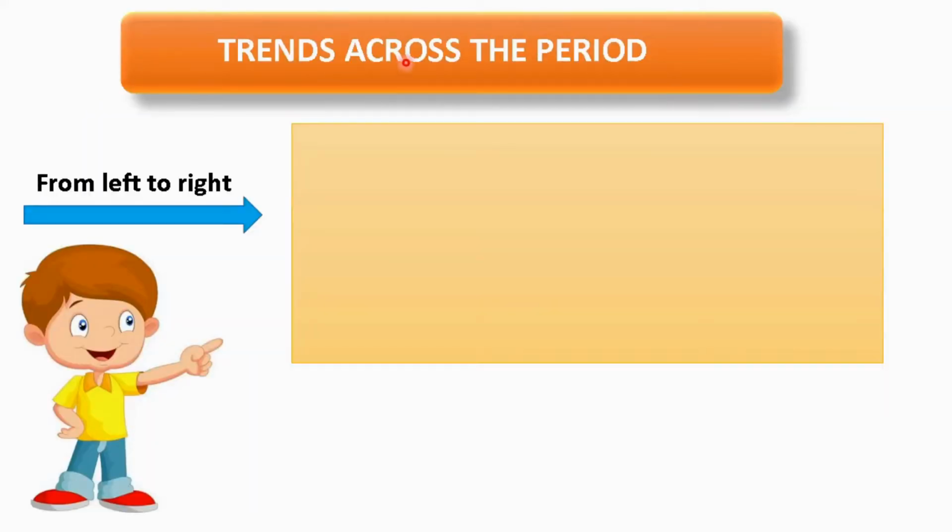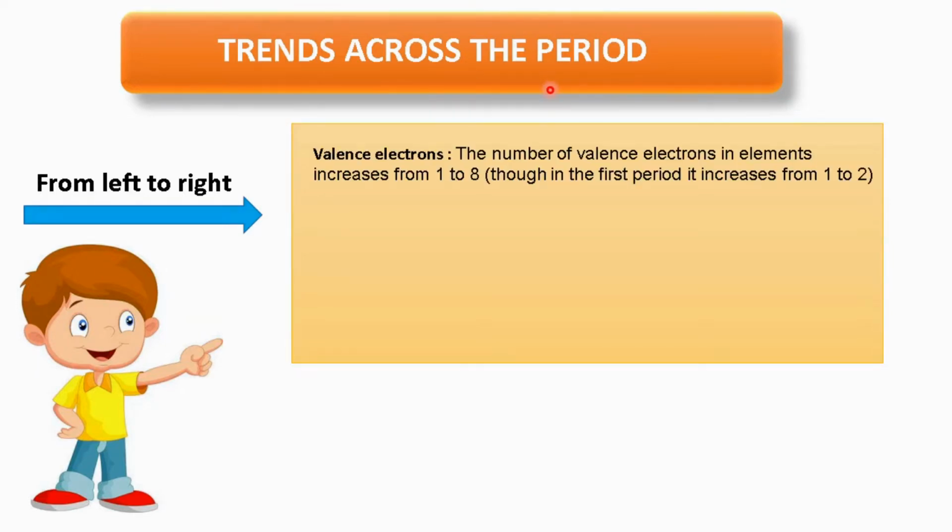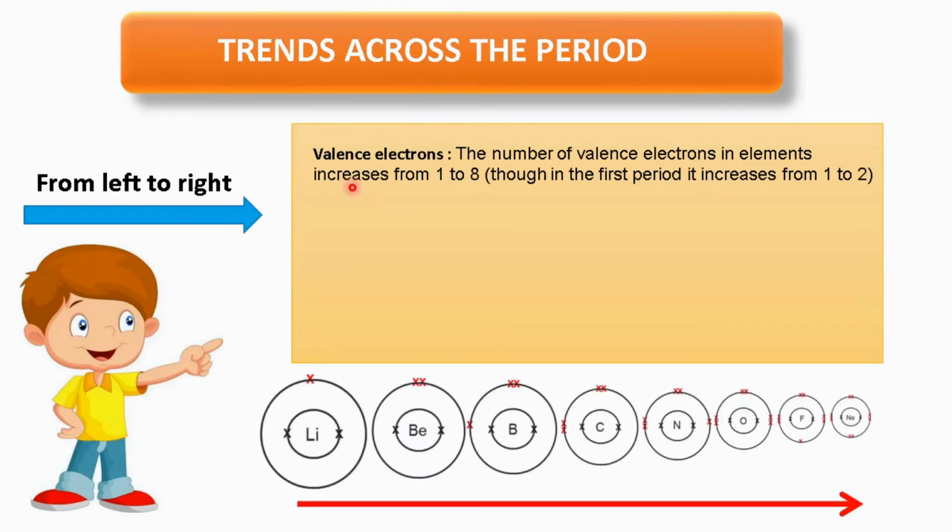Next we will be discussing the variation of the properties of the elements across the period, starting with the valence electron. The valence electron, as we move left to right, increases consecutively. Lithium has 1 electron, beryllium has 2 and boron has 3, which goes on consecutively increasing, ending at neon, which has 8 electrons and a noble gas configuration.